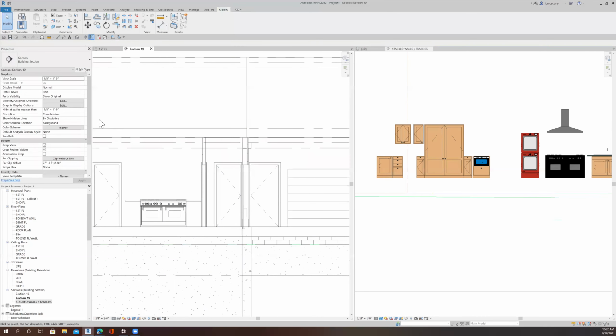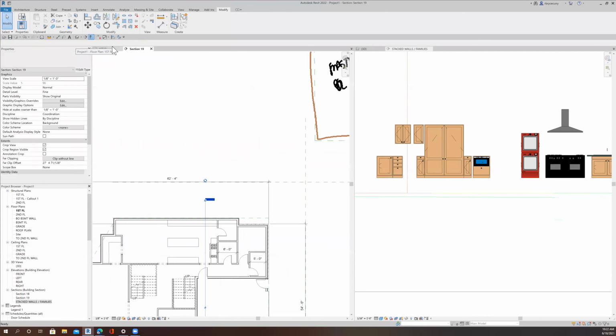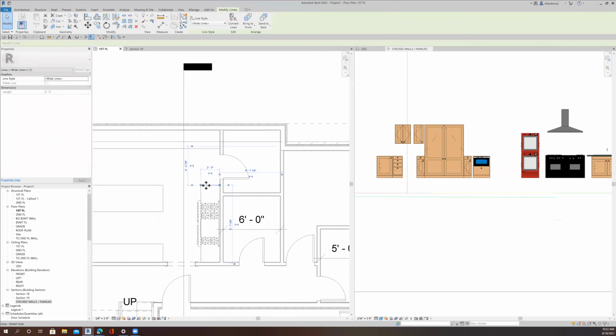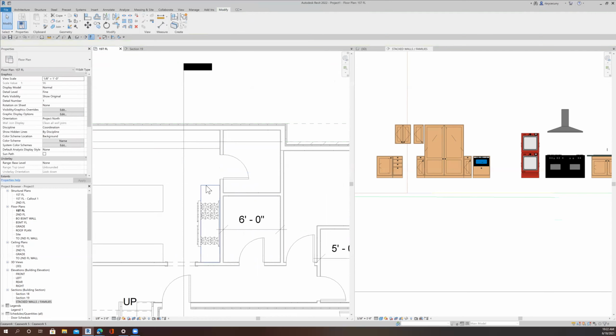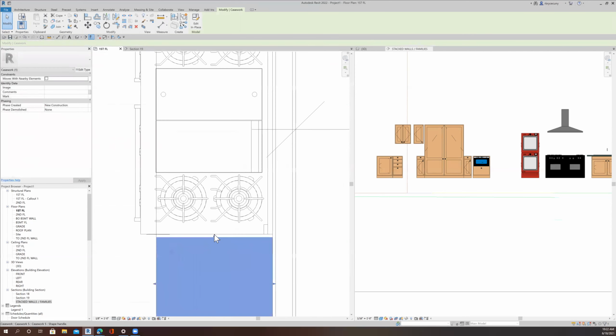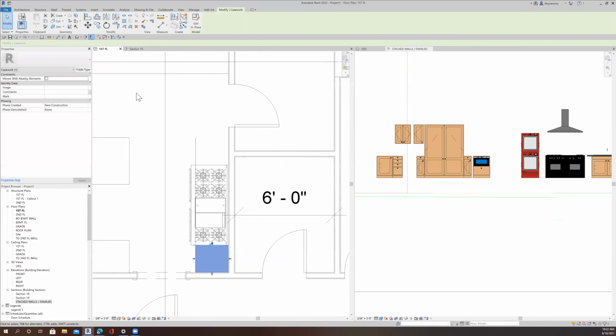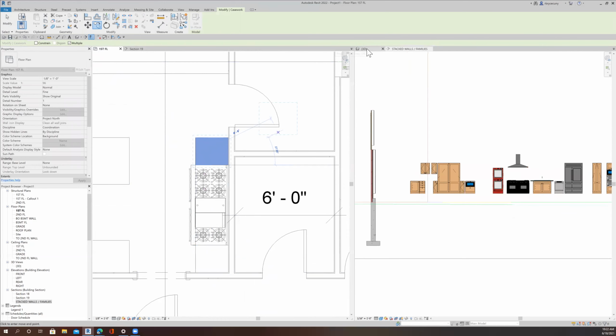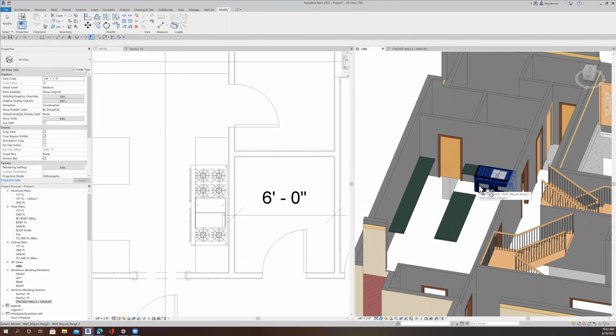But what we can also see is that the countertop goes through it and it should not. So what I'm going to do is grab this countertop. Well, that's a reference plane. I can just delete that. I'm going to come down, pull my countertop right up against there. Okay, and then I'll just copy what I have highlighted. And okay, so now when we look at our 3D, you can see